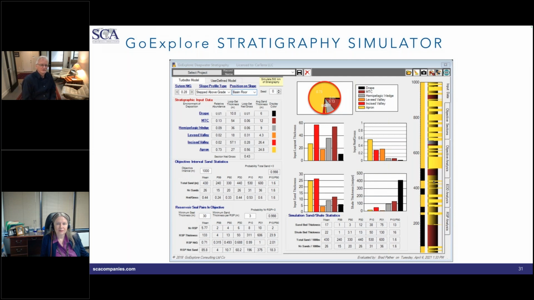Well, what you would do is you would focus on the key variables that help you define how this particular tool works. And that is to define the system net to gross, and that's to measure or find data that supports an understanding of what the percent sand is on the shelf, the slope, and the basin floor. Then it is to work out what kind of profile type you have. And there are a variety of ways of mapping seismic facies that give you what kind of profile type you are. Also, these different profile types are usually linked to the presence of mobile substrate beneath the slope, like salt or shale. And then try to work out the regional geology to find where this interval of interest you might have,